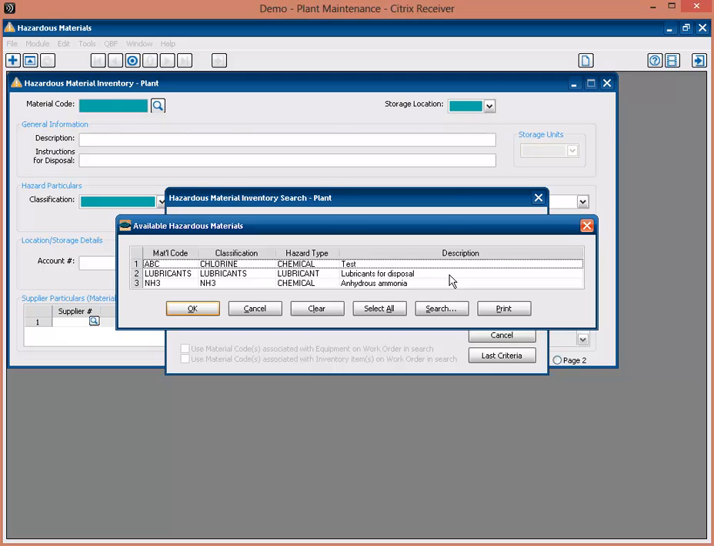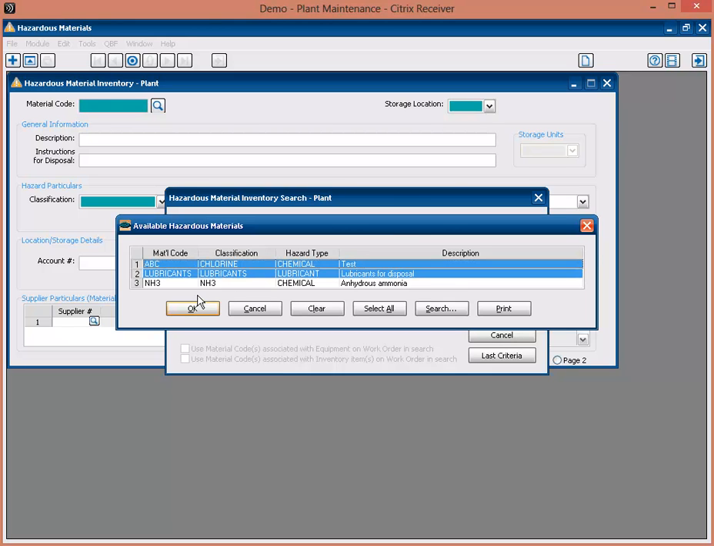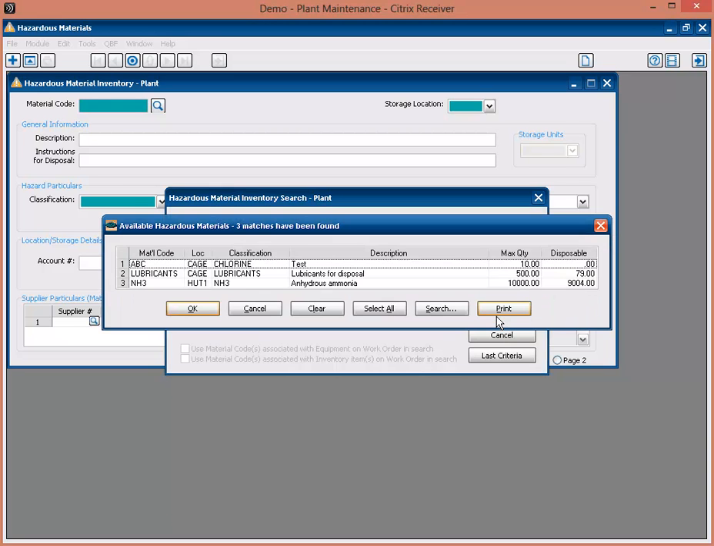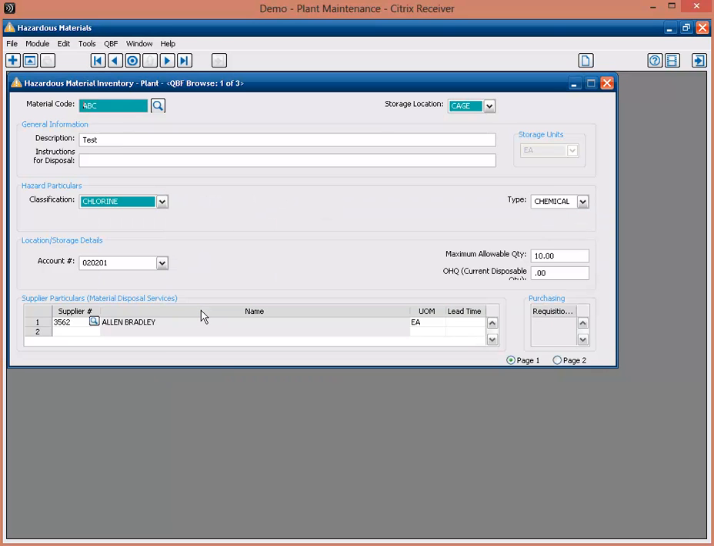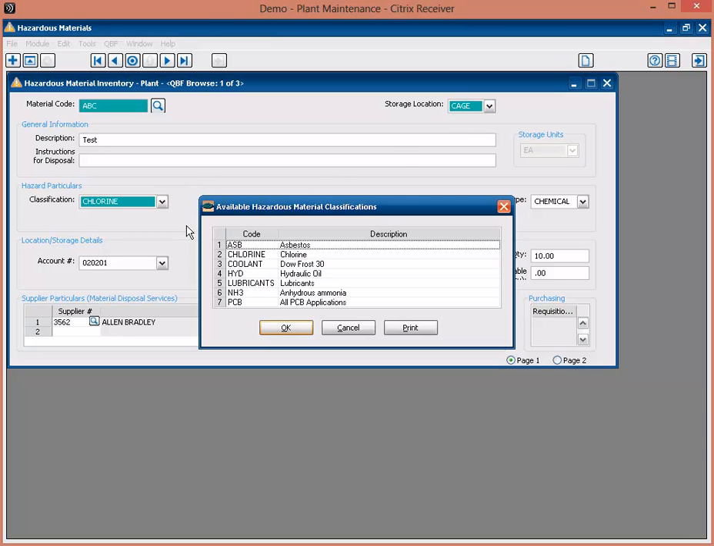So if we went by material code and select a few of the examples, once we hit OK, it shows us what's available based on the material codes we selected. We can select all to load them up on this hazardous material inventory screen. So here's an example of a material code put in a certain location with the classification, and when you click on the drop down you can see the various classifications that can be set up,